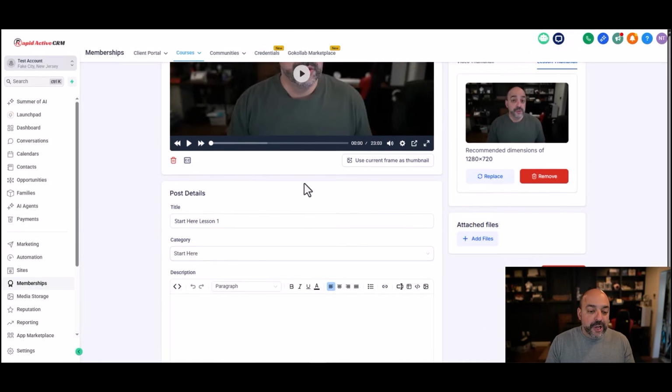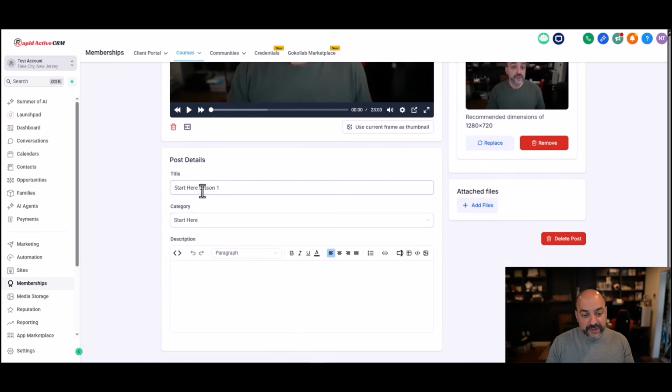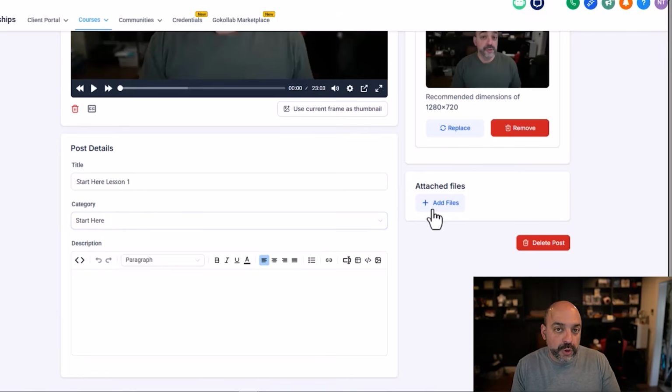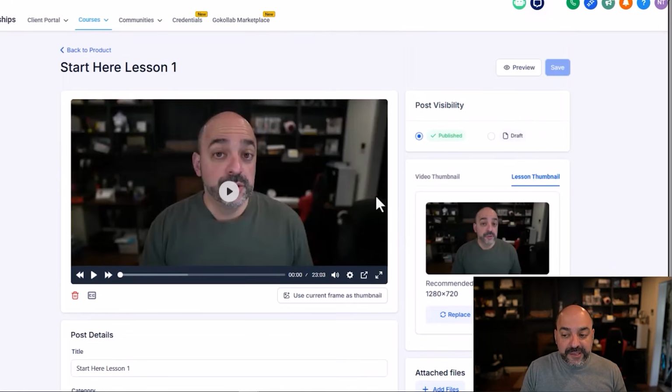So I have it here. You can come in here, and again, we have it under the Start Here lesson, under the categories. If, let's say, I had a file like a Google or Word doc, or a PDF or any other kind of file, including audio, I can add the files in here and have it automatically in there. And then once this is set to go, I can come in here